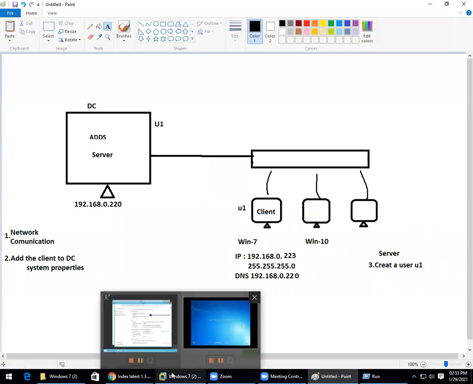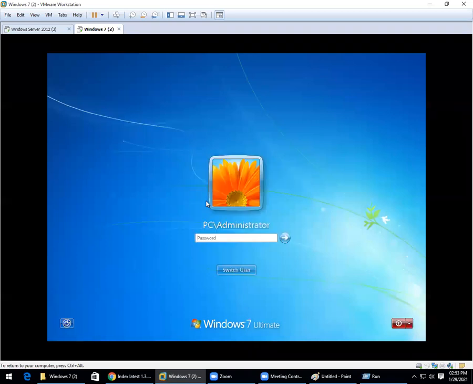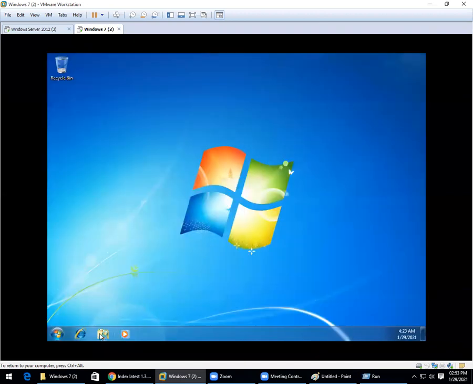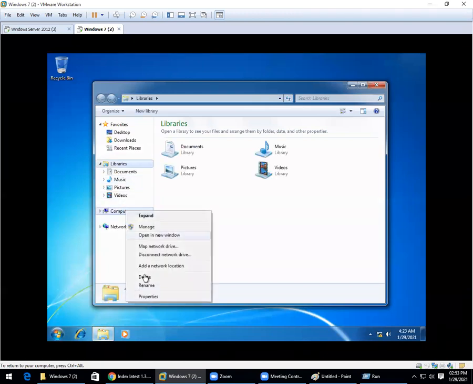So how do we create a user now? It has restarted. You can check whether it is under the control of the domain controller or not. Go to computer properties. Here it should display tcs.com.